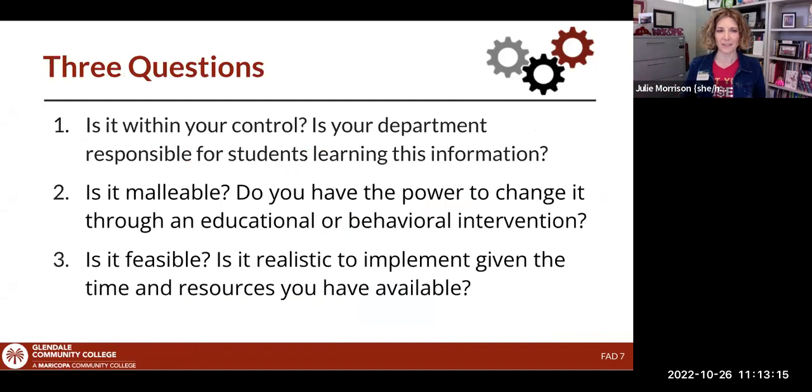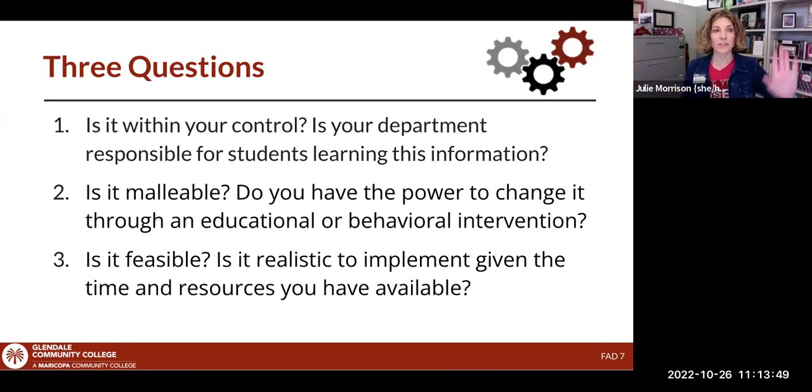And this is sort of a mental ask. So question number 1 is, can you control this? Is this something that your department can change to help students learn it? So for example, I'm thinking a lot of the student affairs areas, you might say, oh, faculty could do this thing over there. That would really help us. And that'd be great. And we can certainly work on that cross collaboration to make sure that faculty are supporting you and you're supporting us and all that.